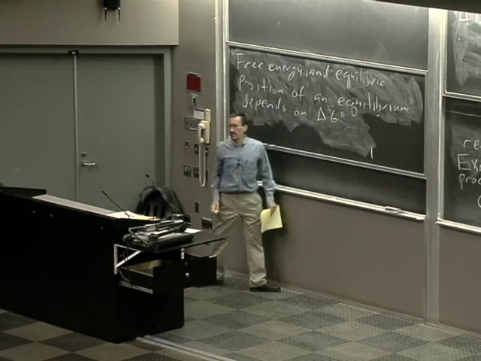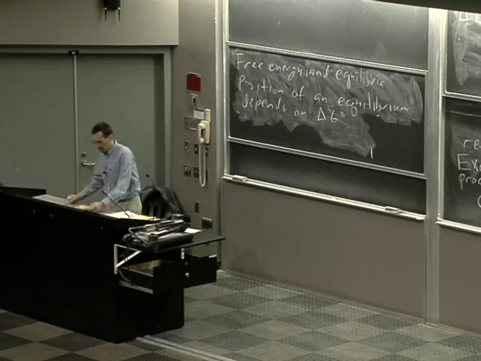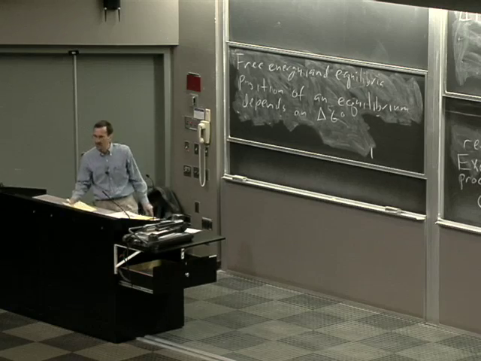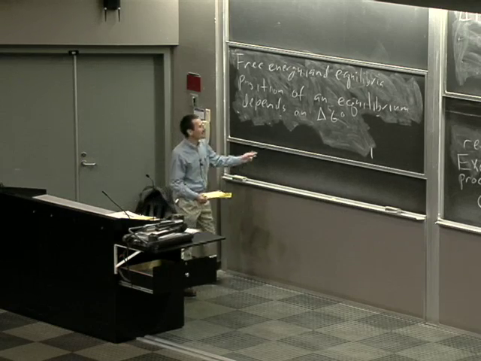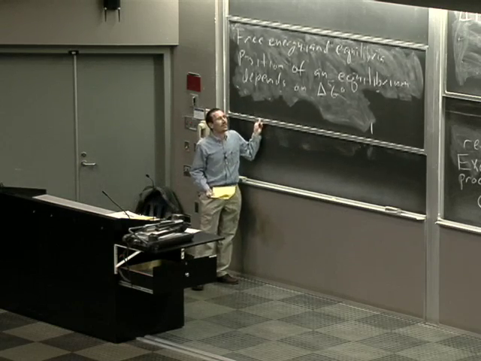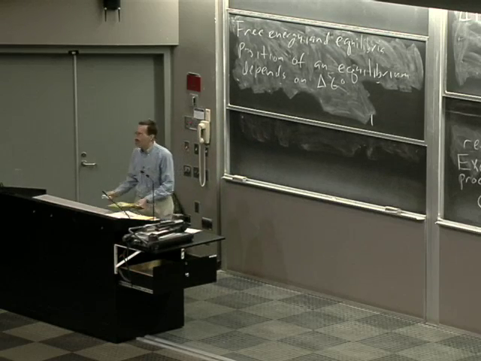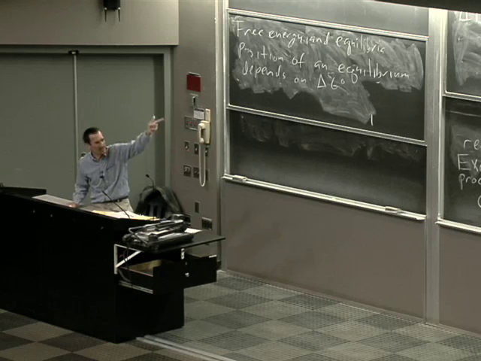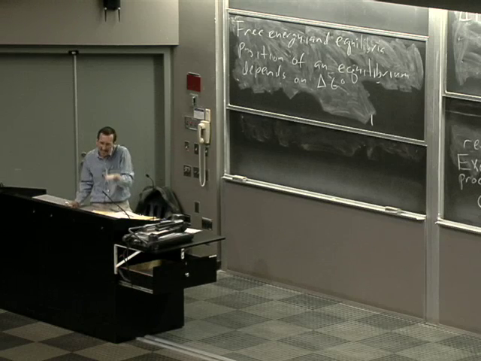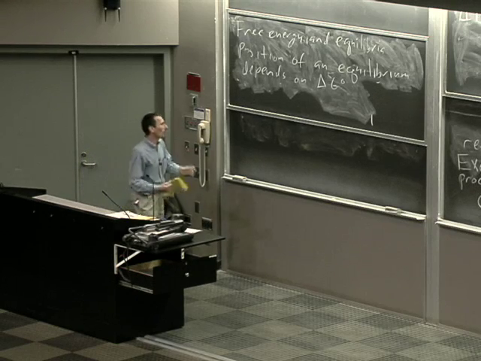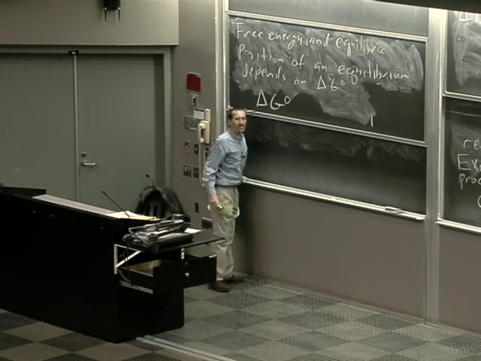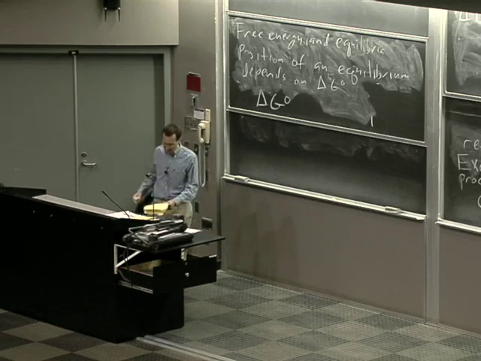Delta G naught is the free energy of reaction. Now, I said there are two equations that one really needs to know for organic chemistry, and they're ones you learned in general chemistry. Everything else, like the addition and breaking of bonds, is kind of intuitive. Two equations that I think really are the heart of any math in organic chemistry.